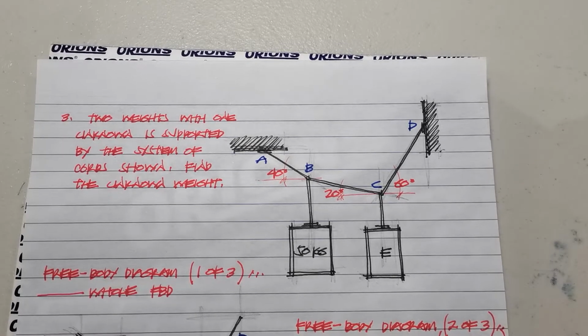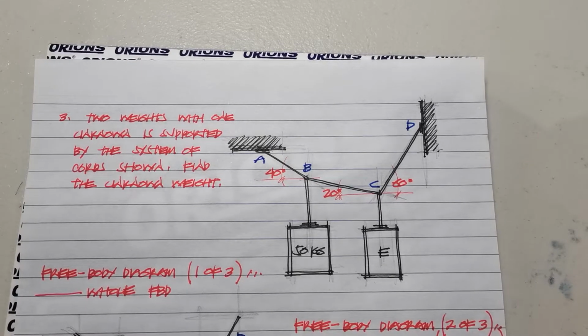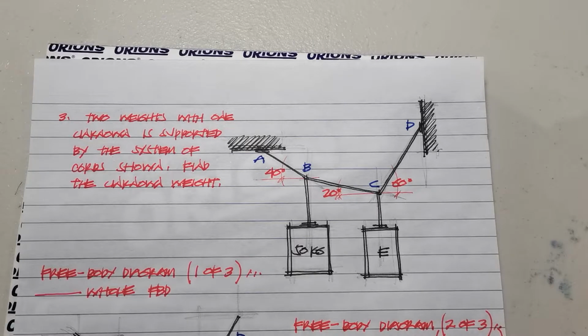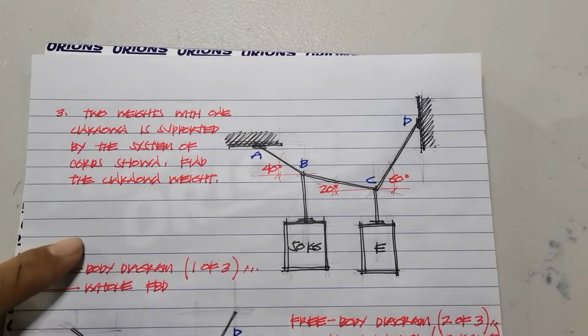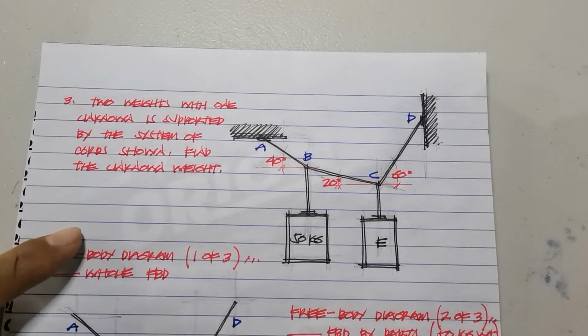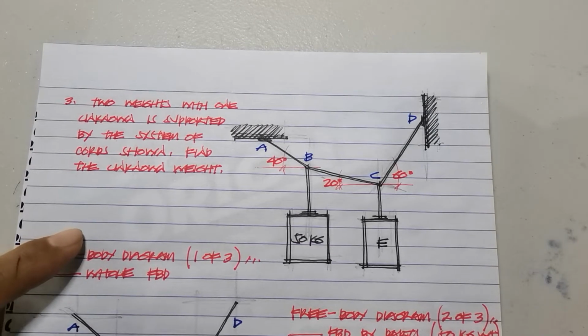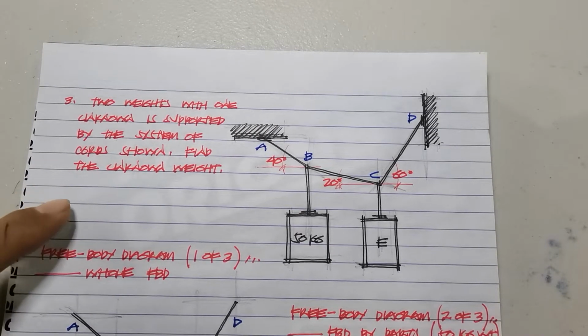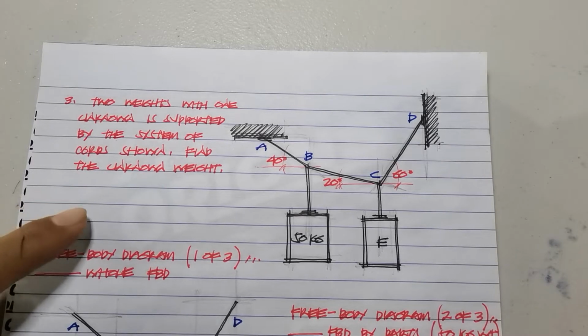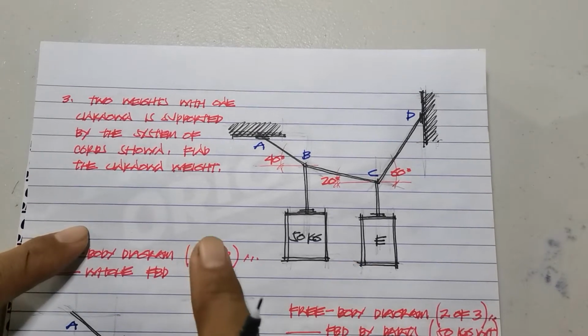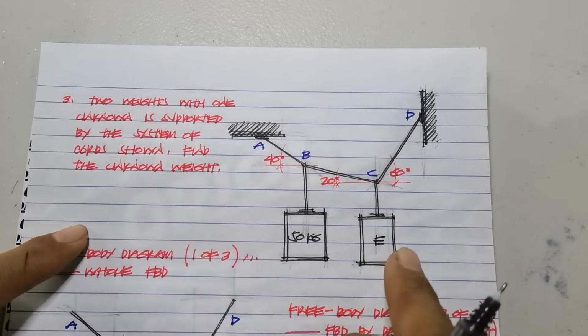Okay, we now move on to our third problem for the equilibrium condition. So, basahin ko lang yung problem statement. Two weights with one unknown is supported by the system of cords shown. So, ang requirement for this particular problem is for us to be able to find the unknown weight, which is